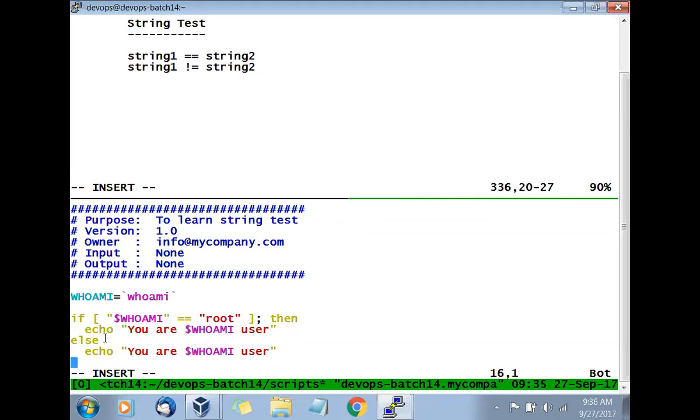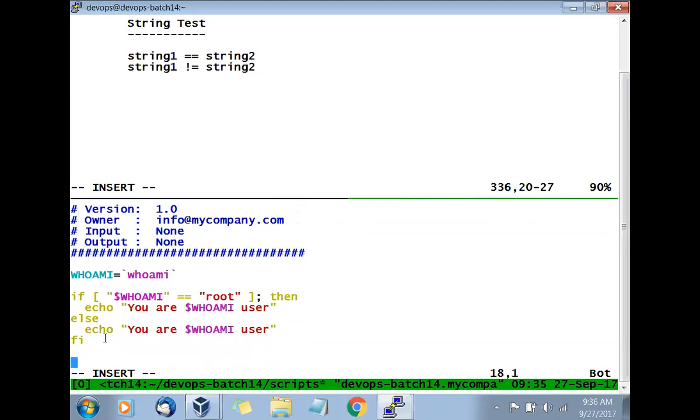Now what will it say at this stage? If it is false, whatever user you are running that script as, it will tell the username there. That's all. Simple. Now you got this first string, you got root as a second string, you are comparing, hey, is this root matching with this root? If yes, say that you are a root user. If not, say as a simple user.